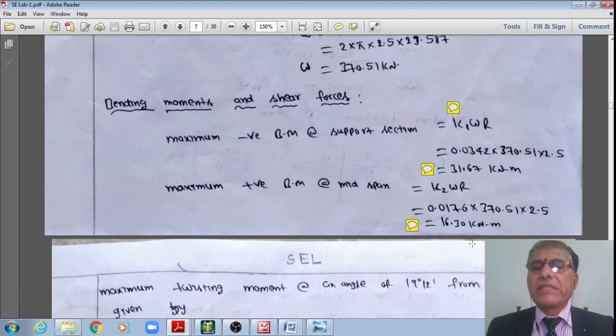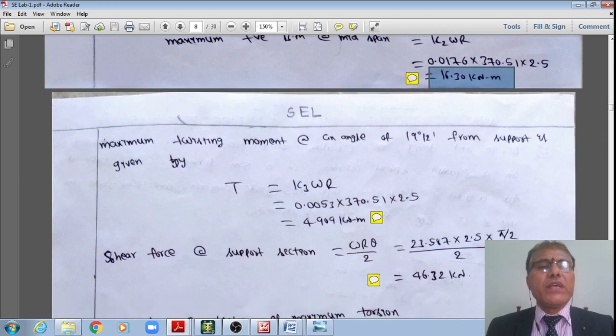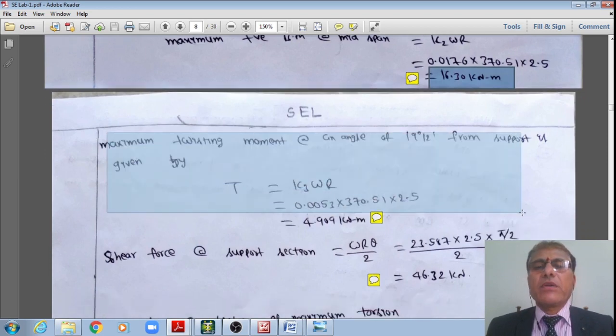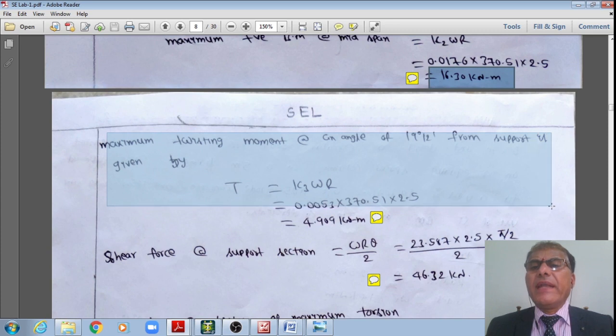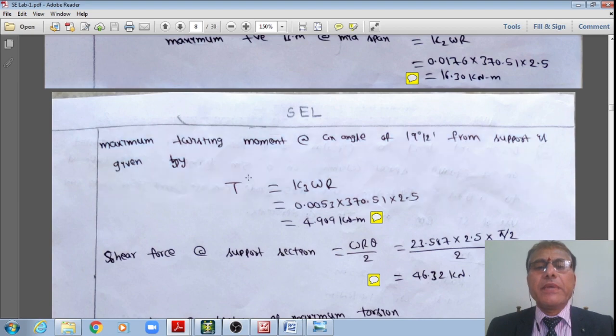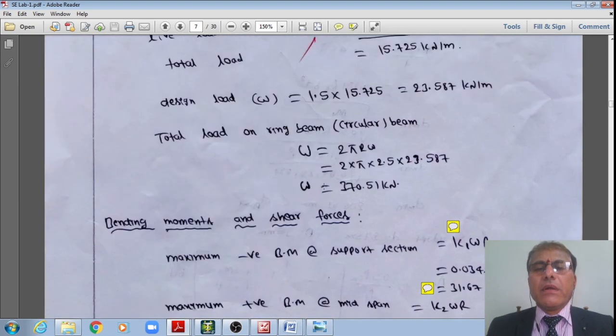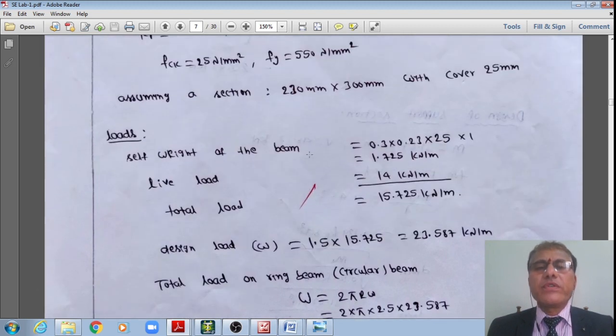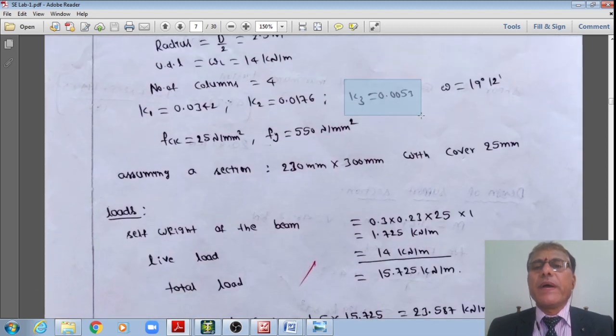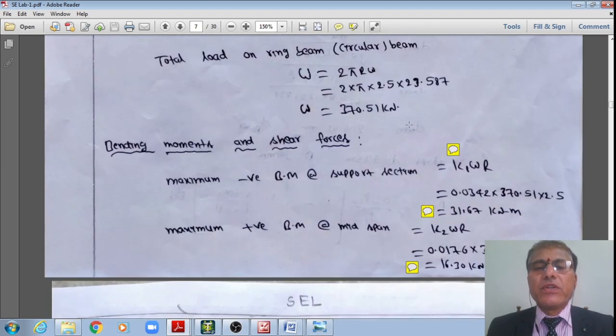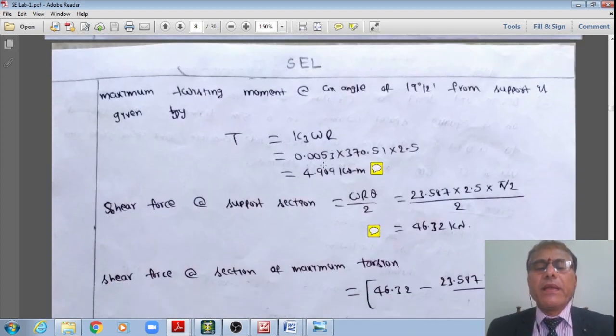Therefore, substituting these, now I'll get the maximum positive bending moment at the midspan as 16.3 kilonewton meter, right? Likewise, the maximum twisting moment or torque at an angle of 19 degrees 12 minutes, just now we have seen, is given by MT equal to K3WR, where K3 is the coefficient for torsion. K3 is equal to 0.0053. Therefore, multiplying with W multiplied by R, now I'll get